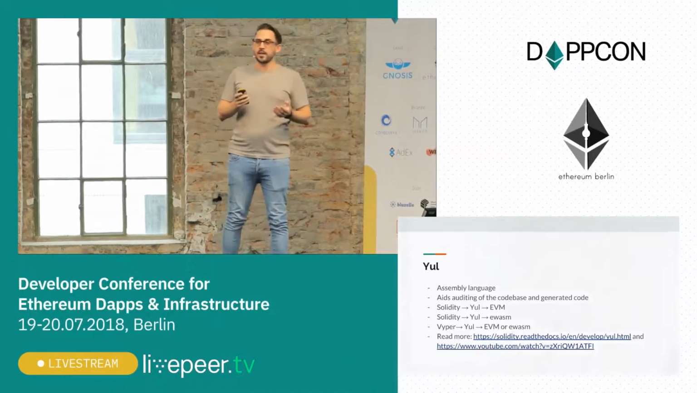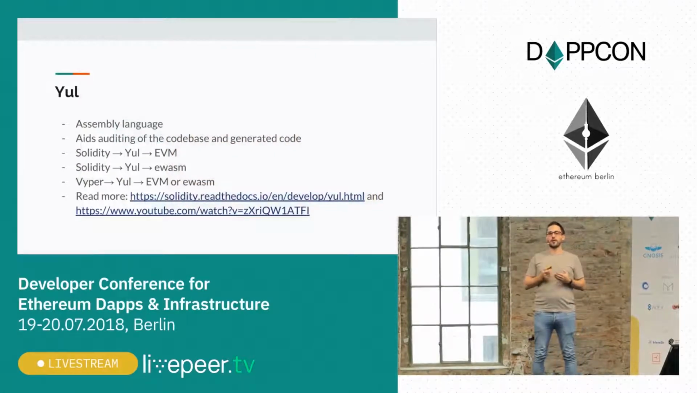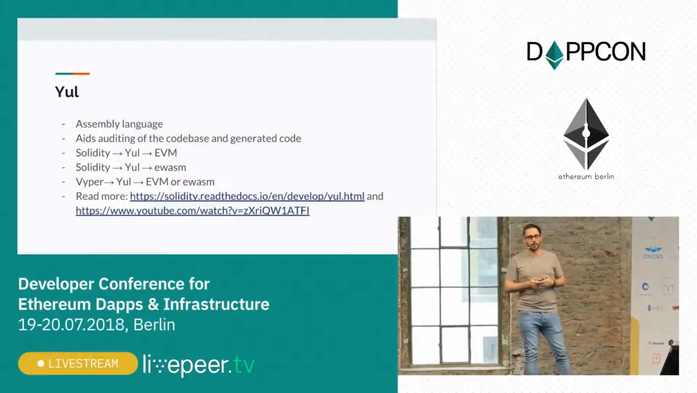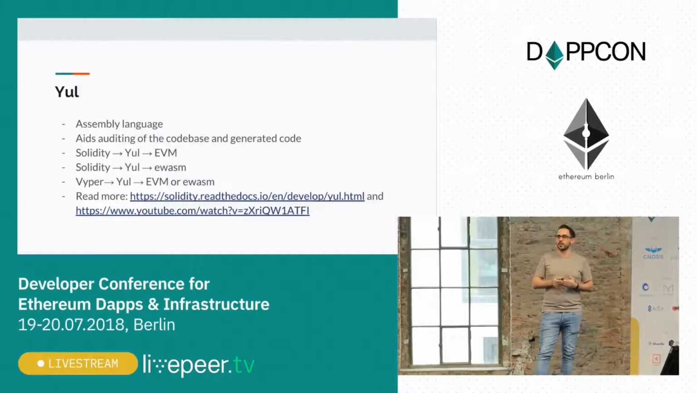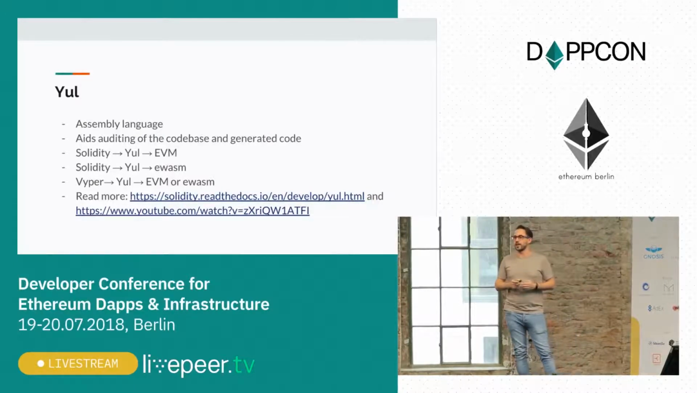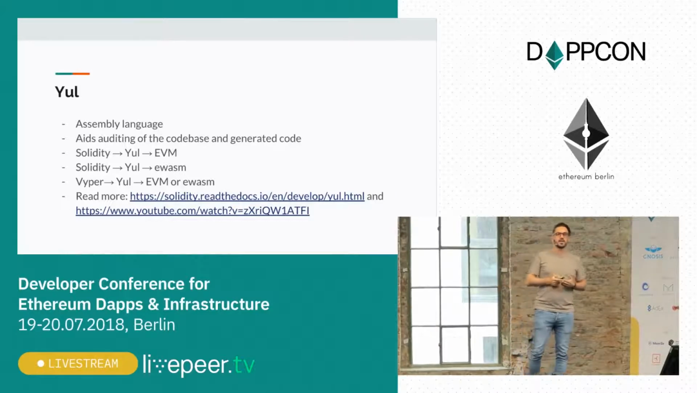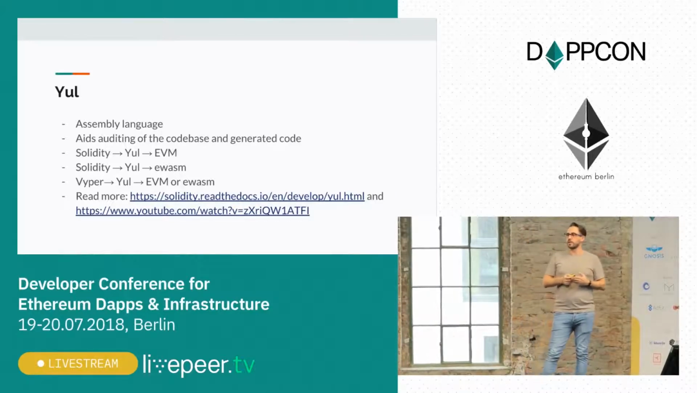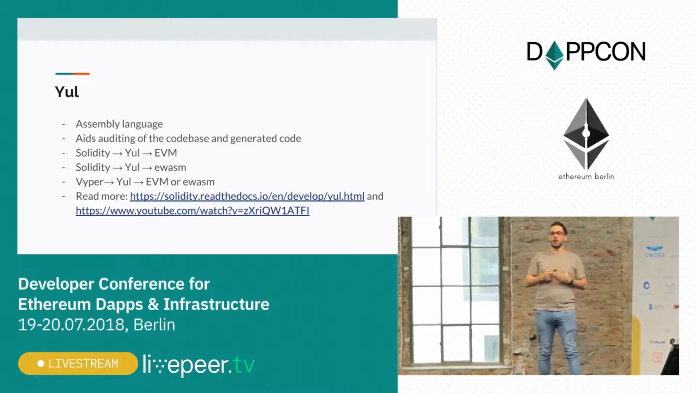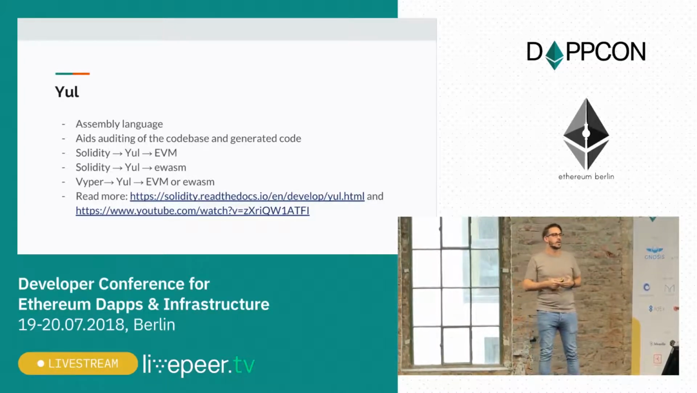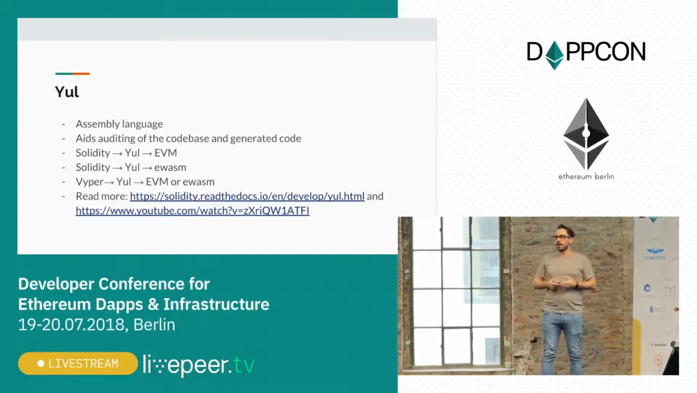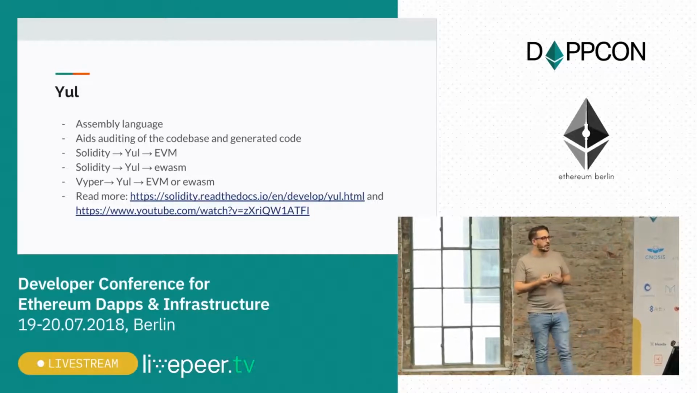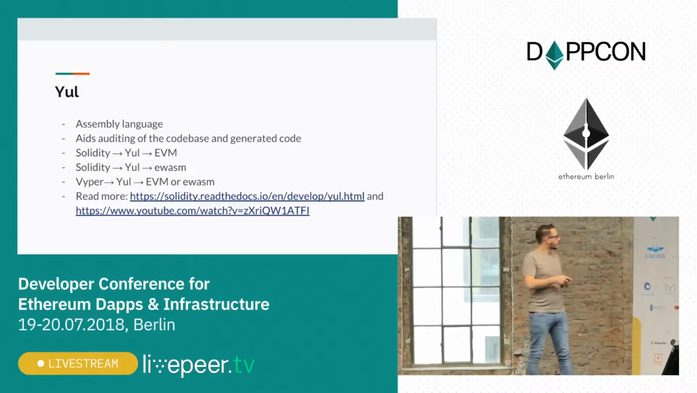OK, and lastly, Yul is our new assembly language. Some of you may have heard about this when it was called Julia last year, but we have renamed it, and the current name is Yul. So it is an assembly language. And one of the main driving forces was that we want to have a process where we can audit the compiler code base with much better confidence and much faster. And with Yul, we can achieve that because